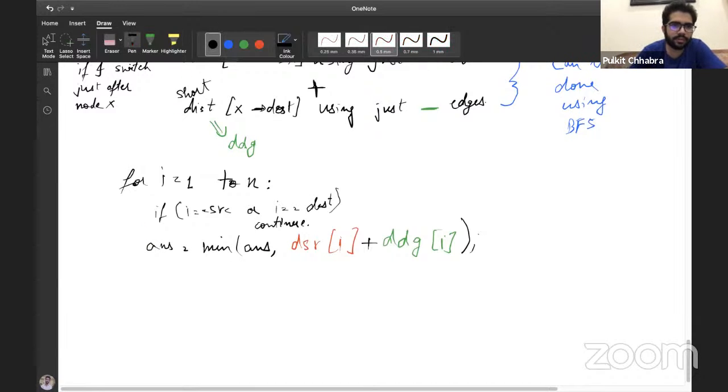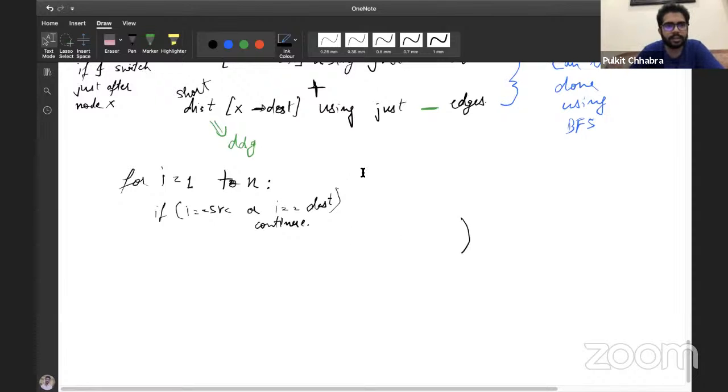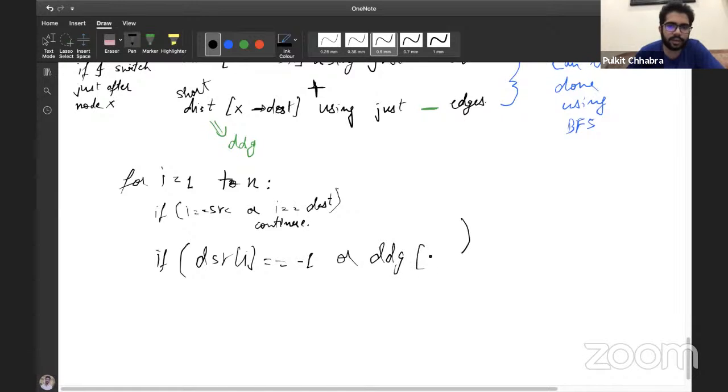Also before this we have to make sure that it is actually possible to visit the current node from the source node using only red edges. Let me tell you what I mean. I also need that if DSR of I equal to -1 or DDG of I equal to -1, then just continue, right?